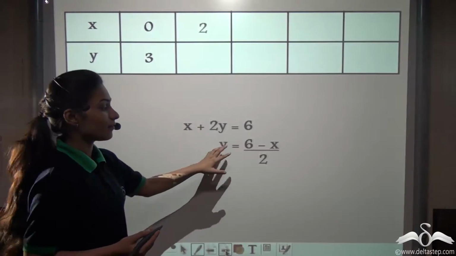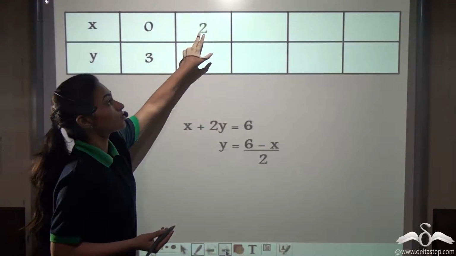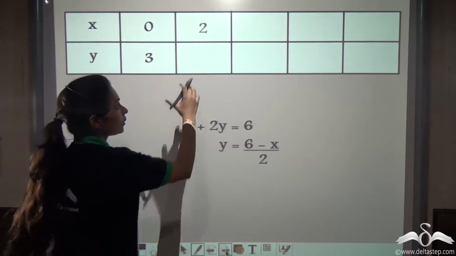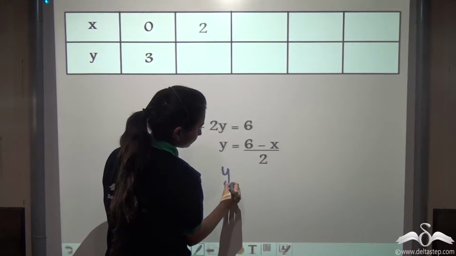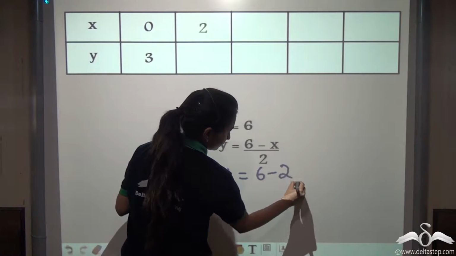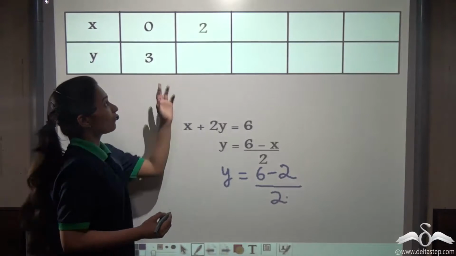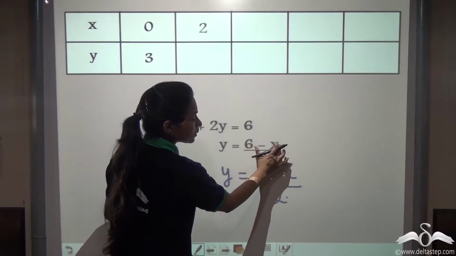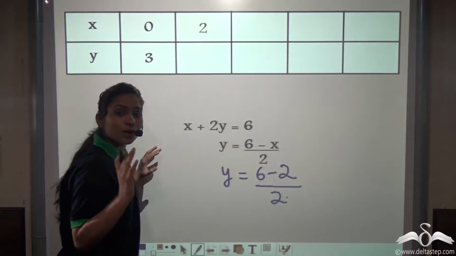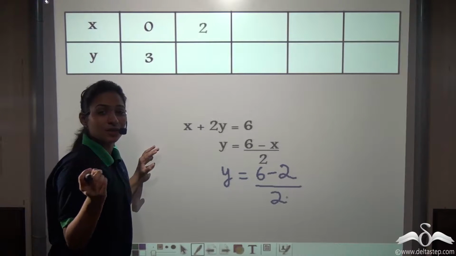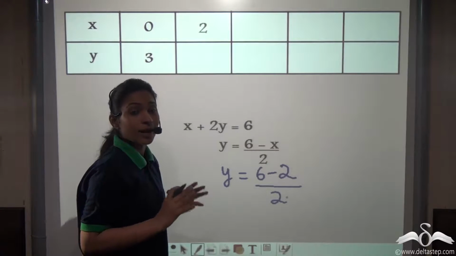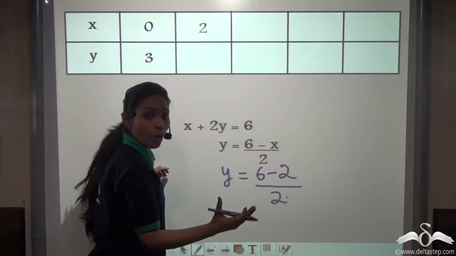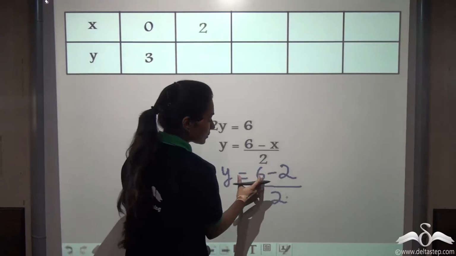Now let us substitute another value in place of x. Let us take the value as 2. Well, you can try out different values. We are taking these numbers randomly. Let us take 2. What will you get? Well, you could say after 0, why will I take 2? I could take 1. Well, if you do it mentally, you will see 6 minus 1 will give you 5 and 5 by 2 will give you a decimal number, that is 2.5. And it is difficult to plot a decimal number on a graph paper. It is not impossible, but then it will not look clean. So we will take such numbers which will give you whole numbers for x and y. So here we take 2 as x.